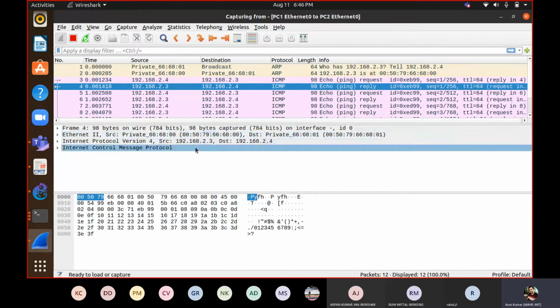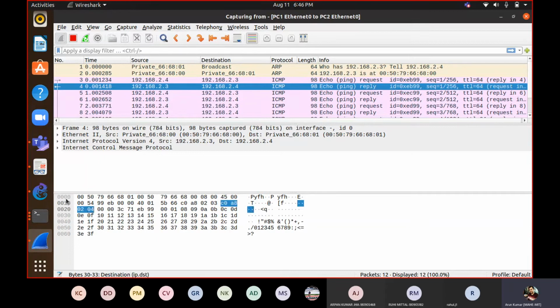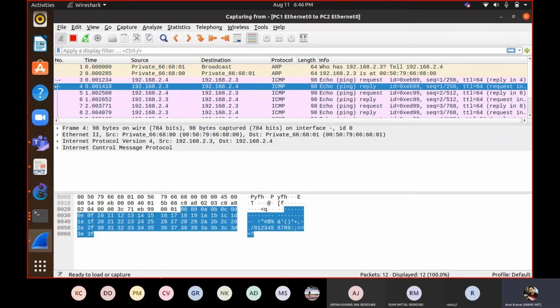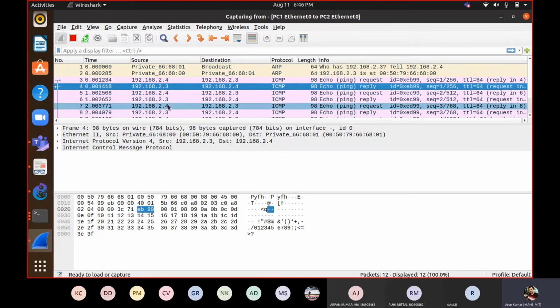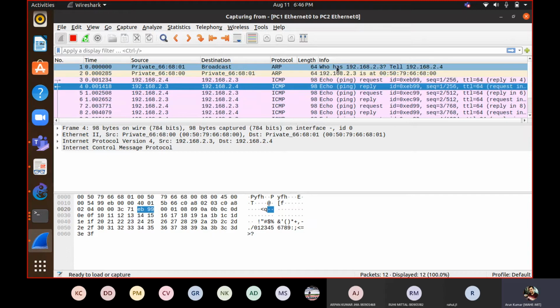Then corresponding to that packet, this is in ASCII and the same in hexadecimal, how that packet looks in hexadecimal, that is on the wire in bit form, and its equivalent ASCII format. So it is not of any use for us. These two windows are helpful for us. Suppose we have to figure out what is there in ARP.